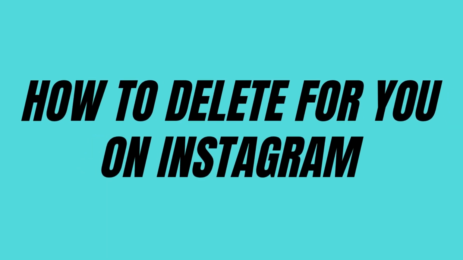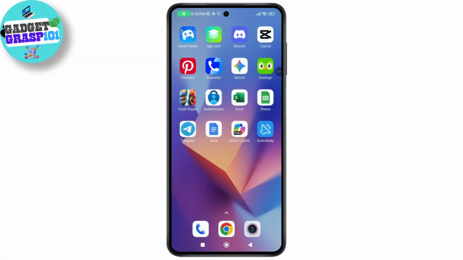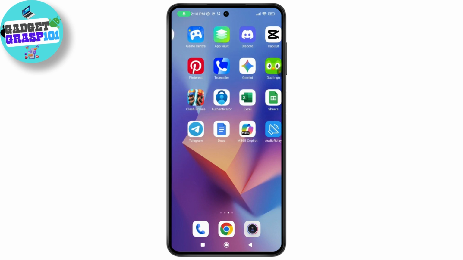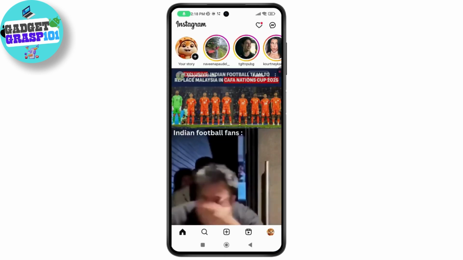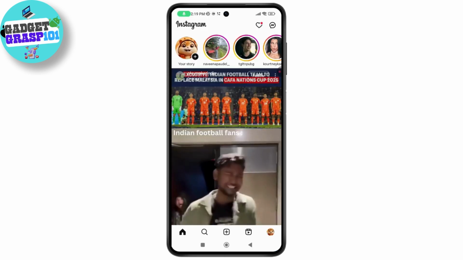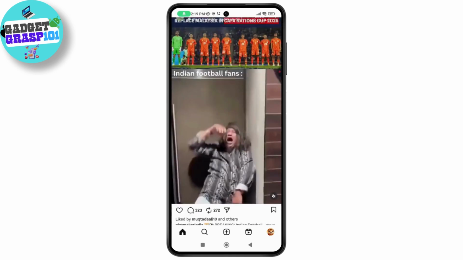How to delete For You on Instagram. So if you want to delete For You on your Instagram, then what you need to do is just open up your Instagram application. Let's say you've had a chat with someone on Instagram and they